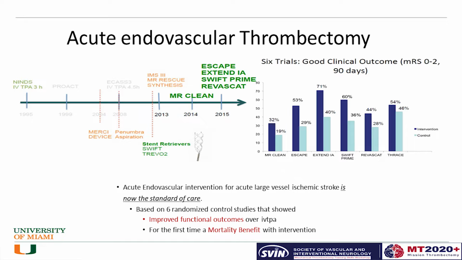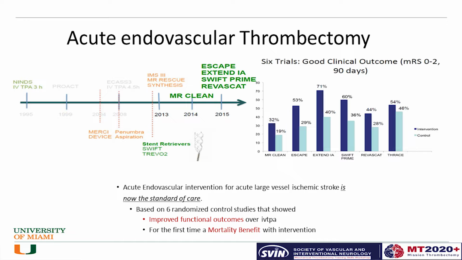Now, we've known that when a large clot exists, giving intravenous TPA will take time to slowly work its way through that clot. And as I told you just a few minutes ago, time is brain. And so in that time, brain cells are dying, and so TPA, the intravenous version, is not enough. And so many years ago, we started as a society to look at different ways to combat this. Do we do cerebral angiograms with intra-arterial TPA to get at the clot? Or do we try to